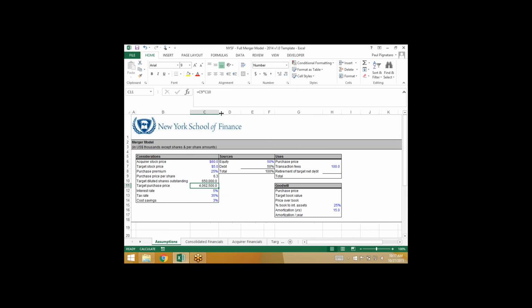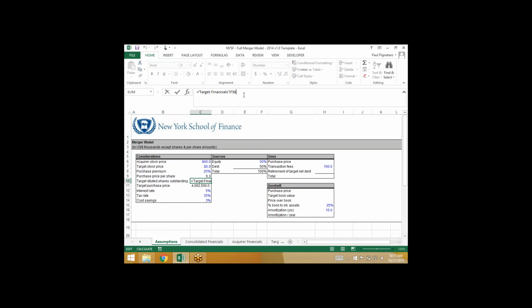And what I'm going to do is divide this by 1,000. I can divide it at the purchase price, or I'll divide it when I pull in the shares. It's actually the shares whose units are off from the rest of the data. If you notice at the top left, and you might see this in some models when we spoke about this at Walmart, the units are presented in thousands, except for the number of shares. A lot of times companies just report the shares in actual numbers because they don't want to round. So we'll have to divide the number of shares to get to like units. And so if that's the purchase price, for the uses,